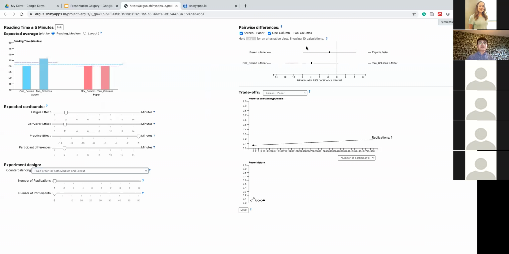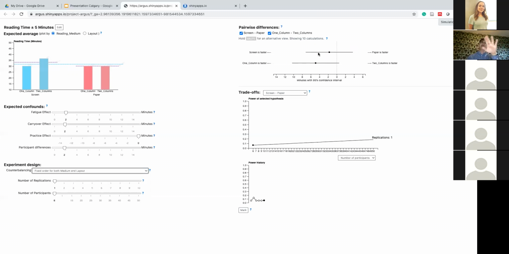In the pairwise comparison view, users can inspect what the results could look like. And since this is a simulation, there is uncertainty in the simulation. We use animation to represent uncertainty, so people could interpret by the moving trends.